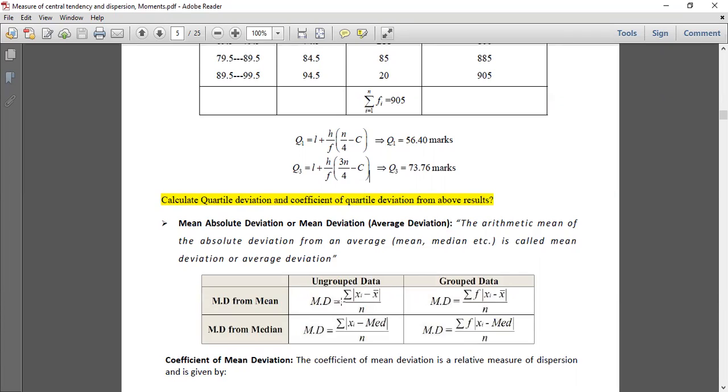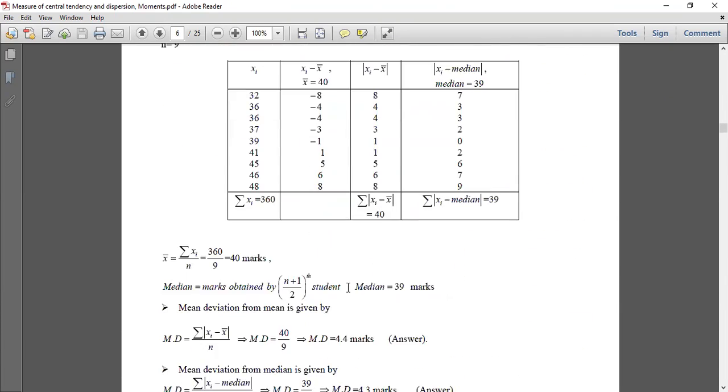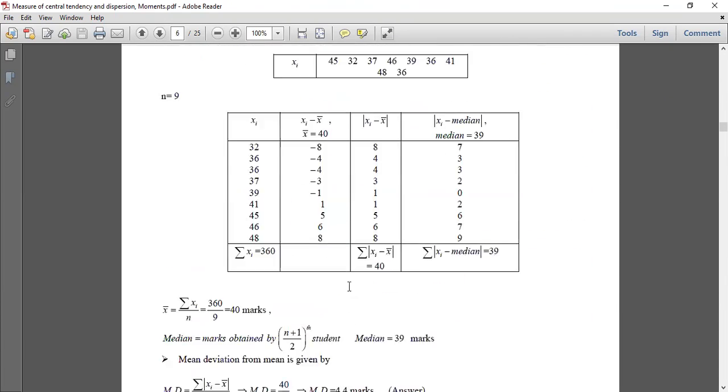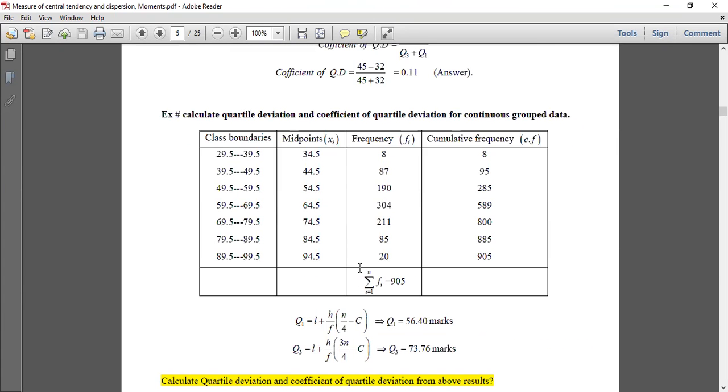Okay, tell me, what is the cumulative frequency for this particular value? Just let it go one by one, it will be done. The total cumulative frequency for this particular data is 905, the last value. So how are we calculating the cumulative frequency?